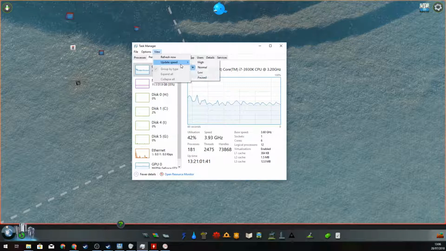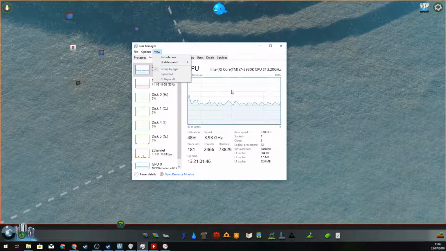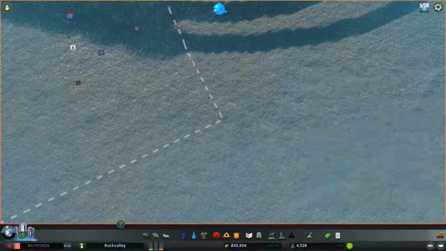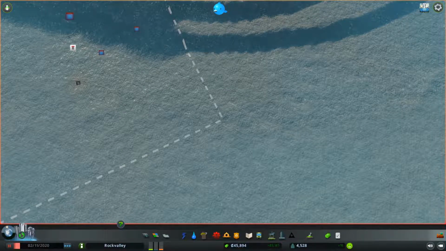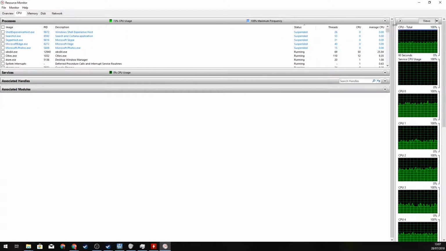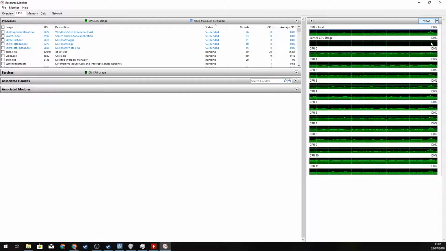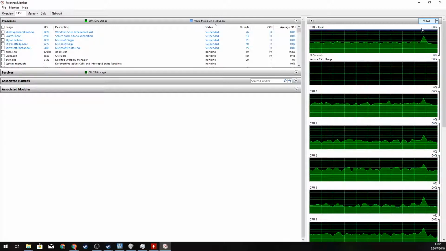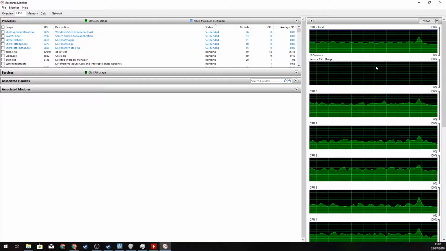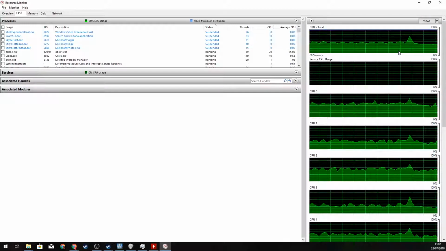View. I thought you could see all the separate cores in here. Right, I can in this. Really? I can't work anything out from this. Right, total CPU. So at the minute...